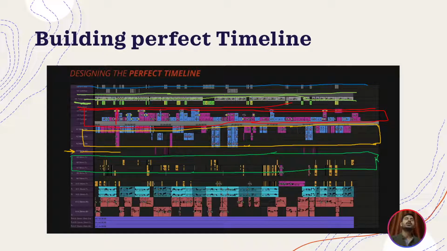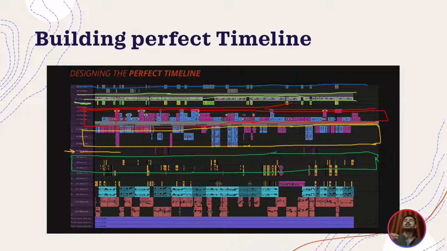So mono sound effects are something that you want omnipresent, that should come in both the ears in equal amount. There is no panning. Like a door opening, when the character is opening the door, you are facing the door. So a door opening or a door slamming shut cannot feel like it is coming more from here or more from here. No, it is on your face. So you hear it right center. So every sound effect that comes in the center channel is mono, and it comes here in these three tracks.